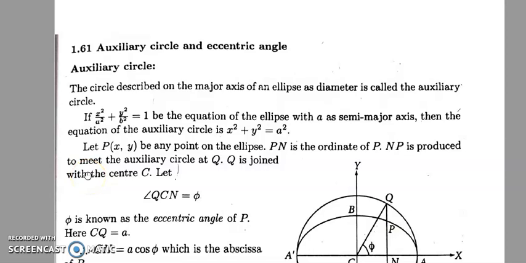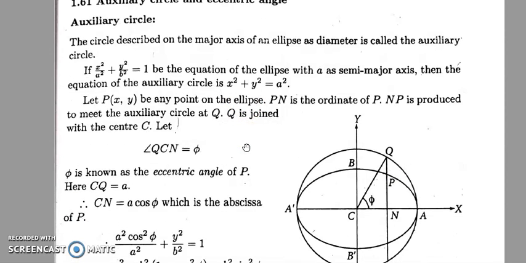Good morning all. So in today's class we will define what is called an auxiliary circle and eccentric angle of an ellipse. So let us consider this figure. So here we are given an ellipse. So inside the given figure there is an ellipse and a circle. So here the major axis is on the x-axis. So you have an ellipse with the equation x square by a square plus y square by b square is